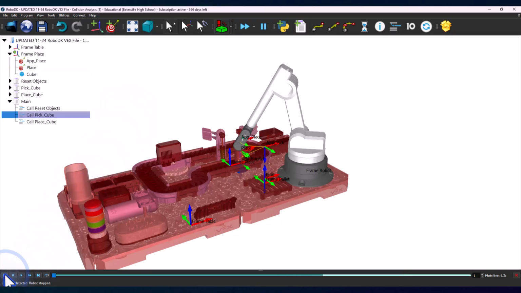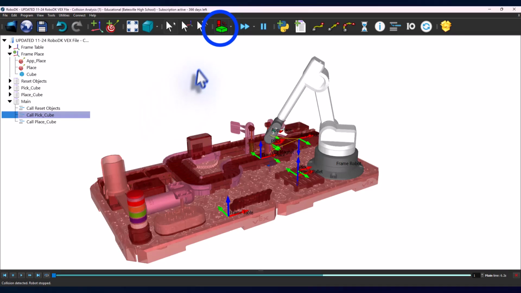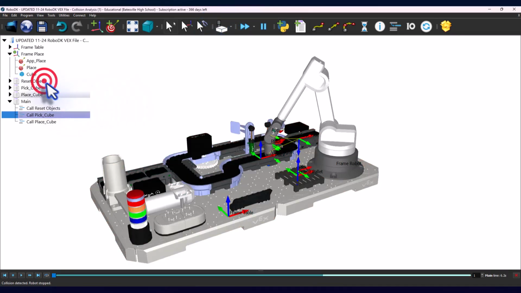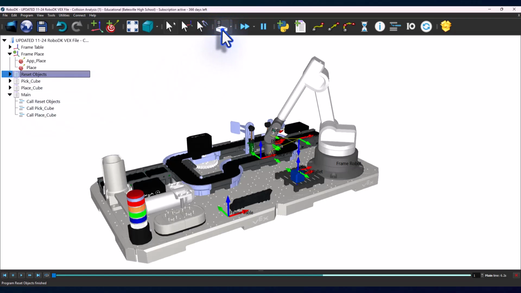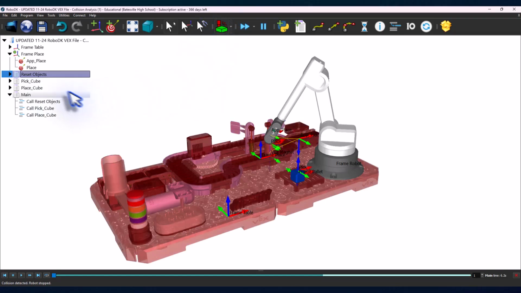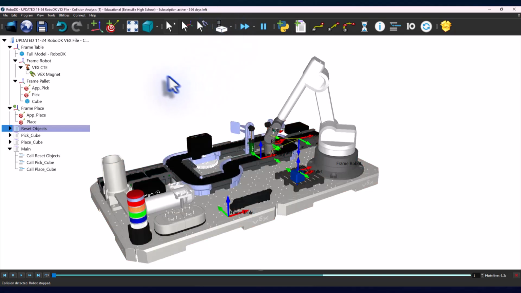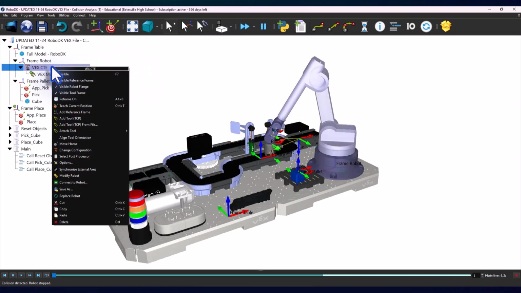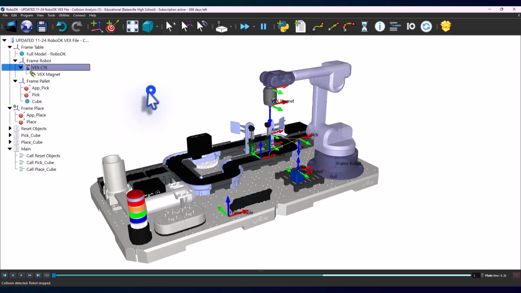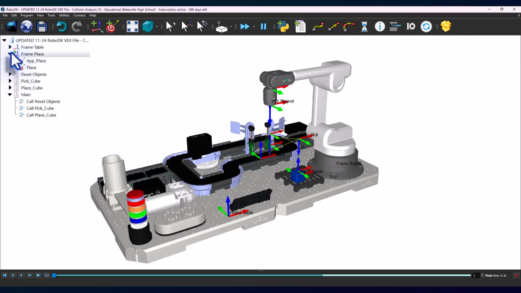Now, I'm going to go ahead and start this from the beginning. We might just go ahead and turn off our collision detection. I'm going to rerun the reset objects, and then let's turn on collision detection. So again, this might be one of those things. What I've noticed is that if your collision detection is still on, it kind of locks in there. So let's turn off the collision detection. I'm going to go over here to the robot, and I'm going to say to move to home. So that'll help that. And then I can collapse some of these